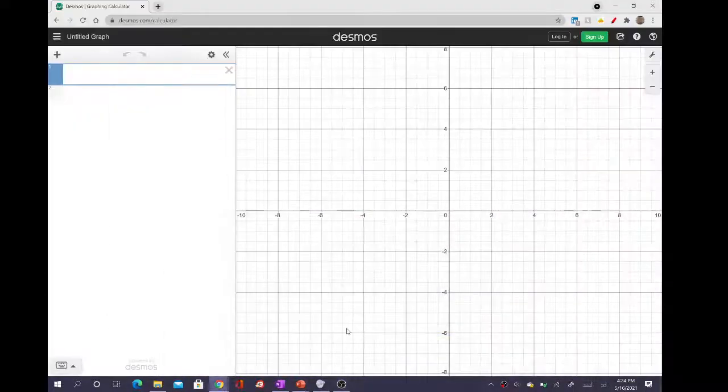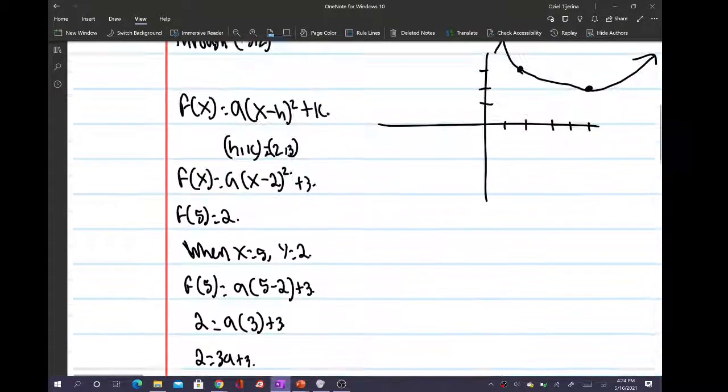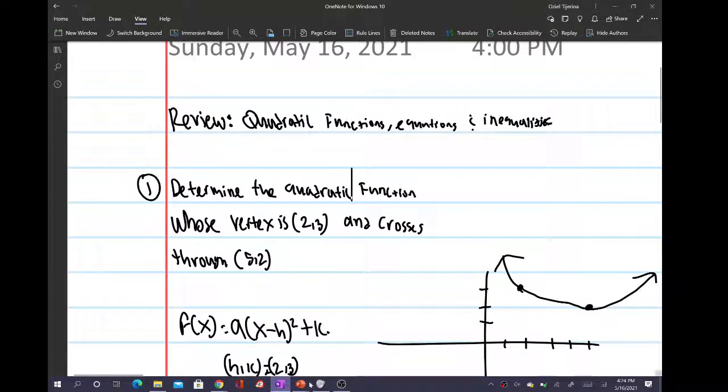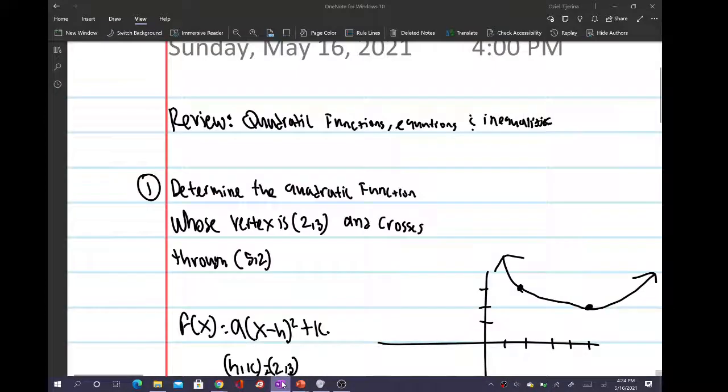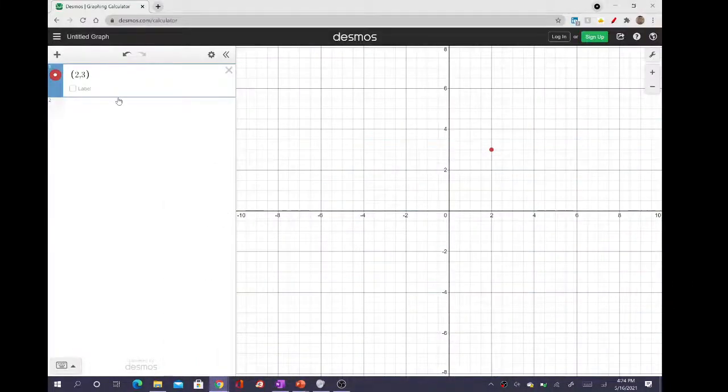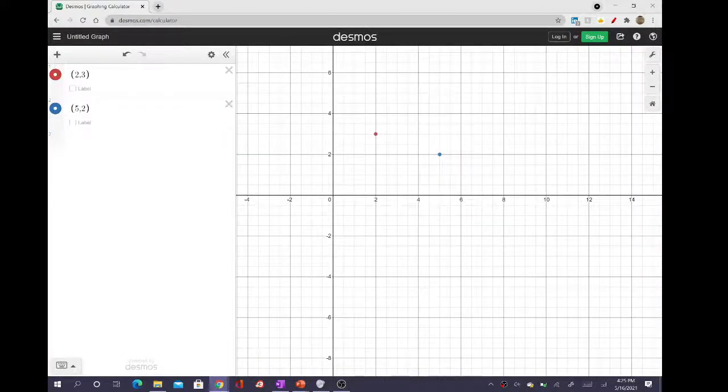Okay, so on Desmos, we had said that the 2 points that the parabola goes through are 2, 3, which is our vertex, right? And 5, 2, right? So we have 5, 2. And we can verify the quadratic function where the vertex is at 2, 3,